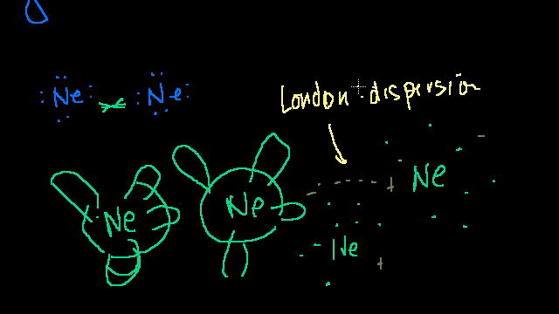And it's the weakest of the van der Waals forces. Van der Waals. I'm sure I'm not pronouncing it correctly. And the van der Waals forces are the class of all of the intermolecular, and in this case, neon, the molecule is an atom. It's just a one atom molecule, I guess you could say. The van der Waals forces are the class of all of the intermolecular forces that are not covalent bonds and that aren't ionic bonds like we have in salt, and we'll touch on those in a second. And the weakest of them are the London dispersion forces.